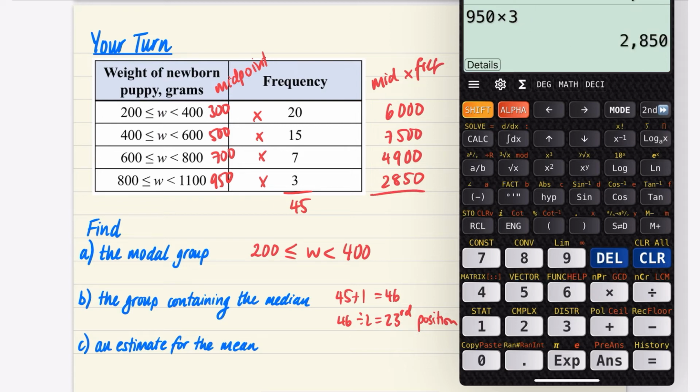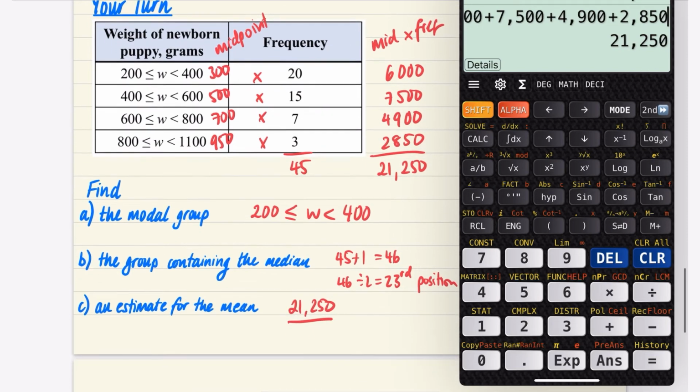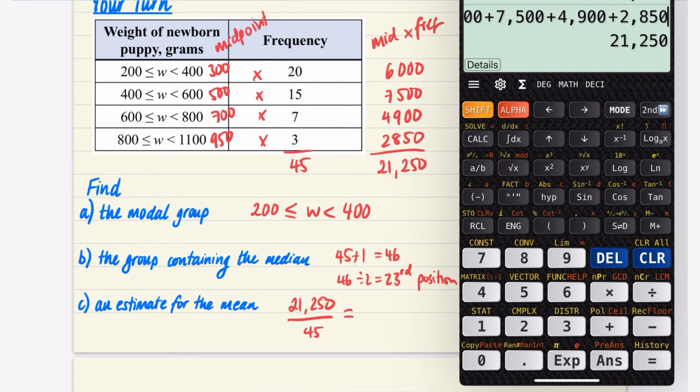We will get 6,000, 7,500, 4,900, and 2,850. That's 21,250. So the mean is 21,250 divided by 45, because that's how many things we're being asked. Divide that by 45 and we get that the mean is 472.2 recurring. I'll just do it to one decimal place,